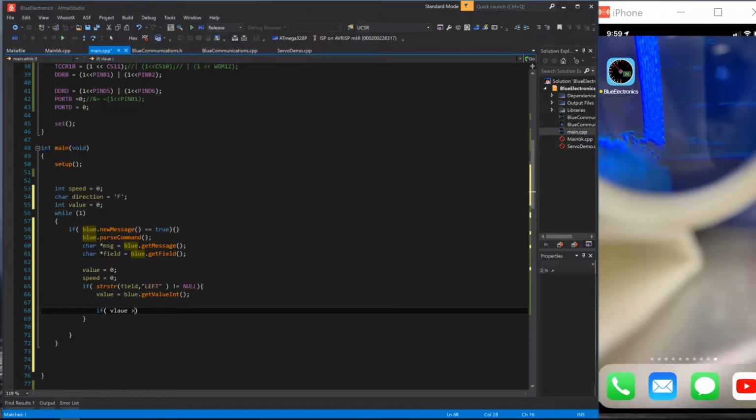So we are going to get the value, and if the value is more than 270, because we want a range in the middle to make it neutral where the car doesn't move, otherwise it will either be moving forward or backwards. So if it's more than 270, then we want the speed,